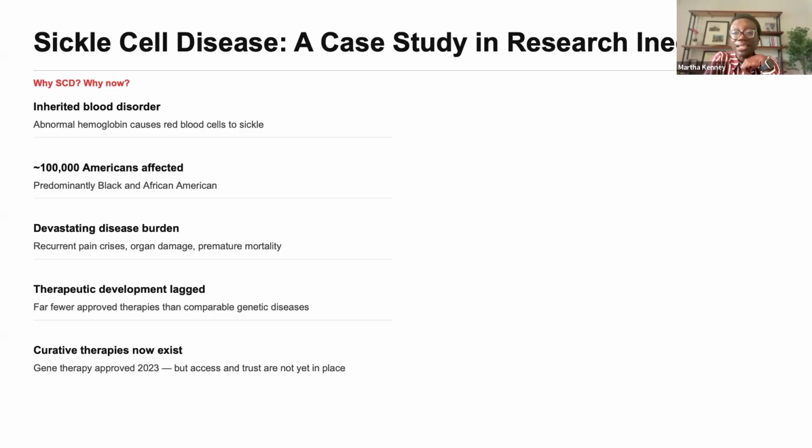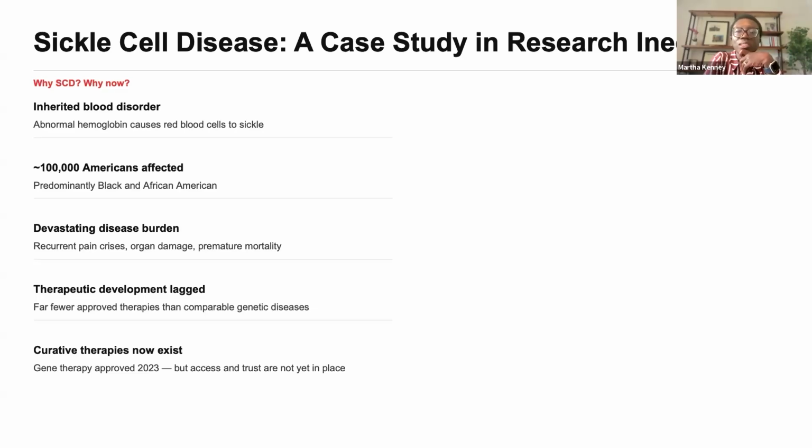And about 80% of healthcare utilization is related to pain. So there's significant economic burden related to the disease and also personal burden as well. And then in addition to that, there's been just a lag in therapeutic development for interventions that are effective in